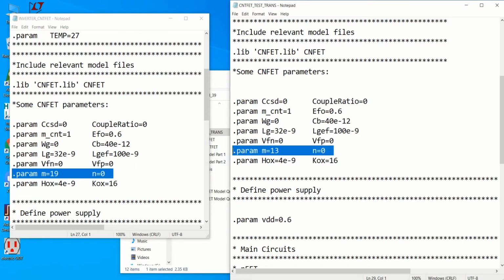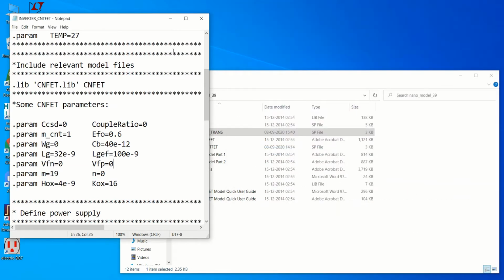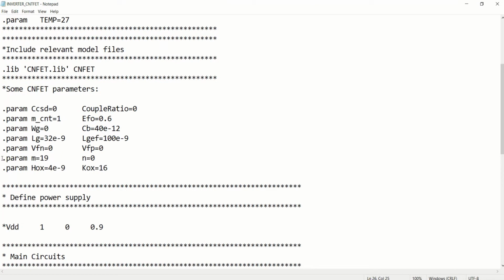Another file has .param m equal to 13 and n equal to 0. These two models or dimensions will have different power and different average propagation delays. So the delay and power totally depend on the dimensions you have chosen. I am using this chirality or dimension of the device as m equal to 19 and n equal to 0.